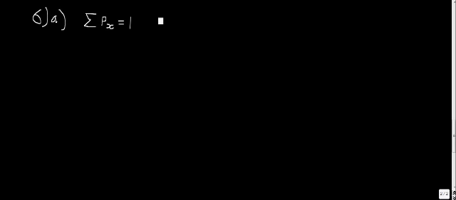So therefore we know that k plus 3k plus 5k plus 7k equals 1. This is 16k equals 1, so k equals 1/16. That's that bit done. Part B, determine the expected value